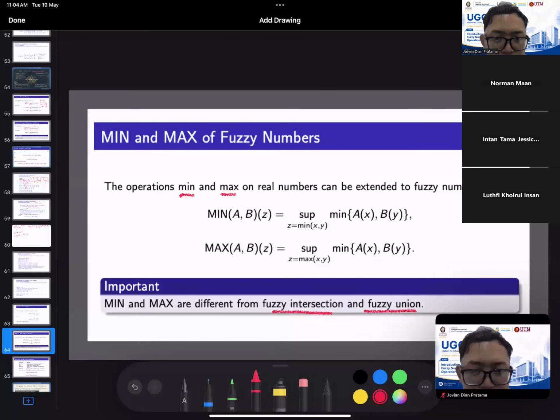Because fuzzy is quite unique, they are not like crisp numbers when you do the union of a set,